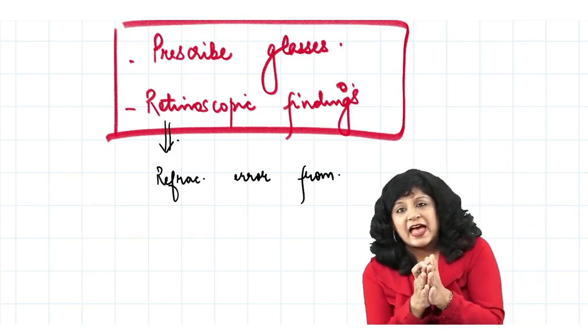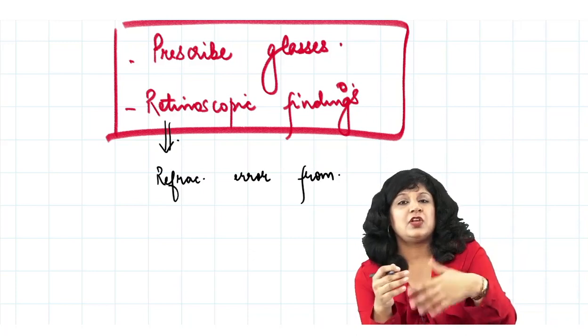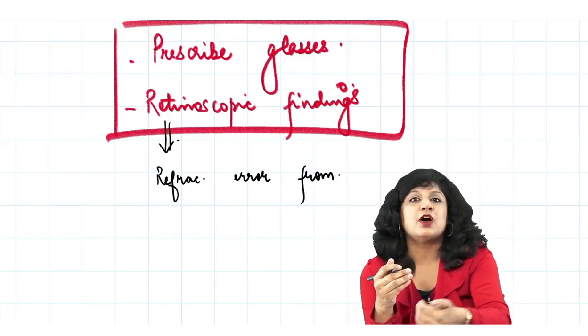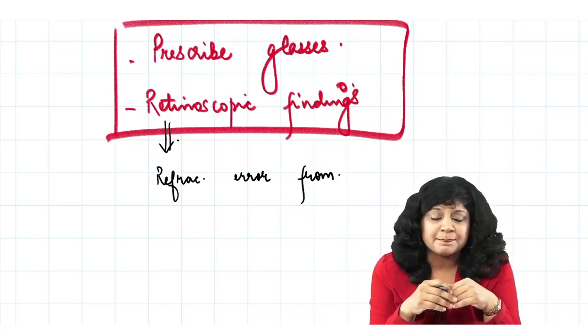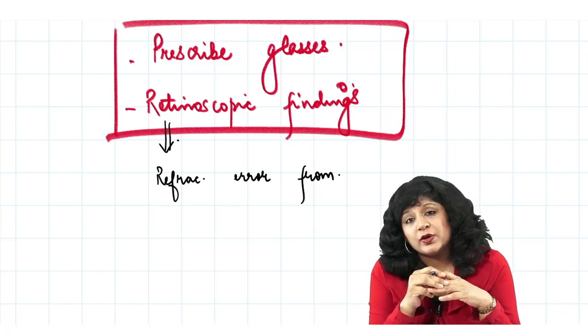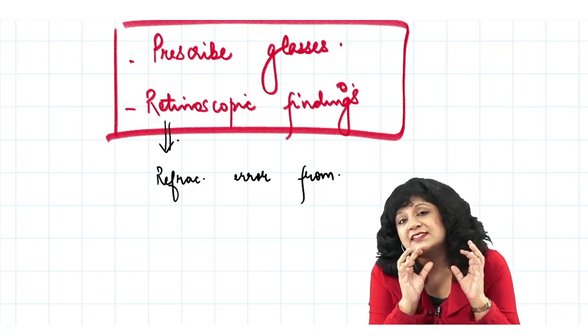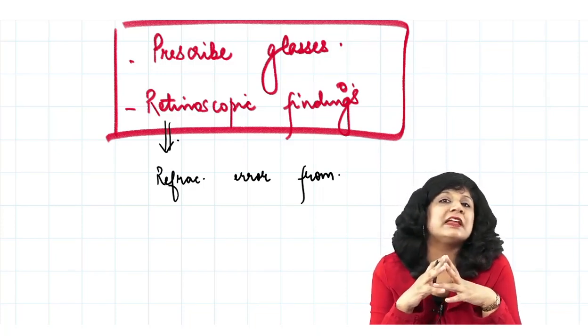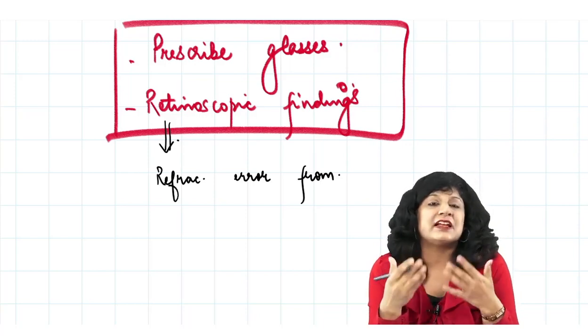If you have the retinoscopic findings, you know what kind of movement you are going to see. But if I want to know the exact number for the spectacle prescription of the glasses I have to give,